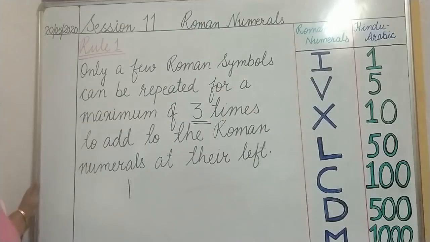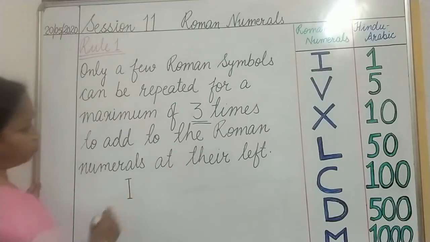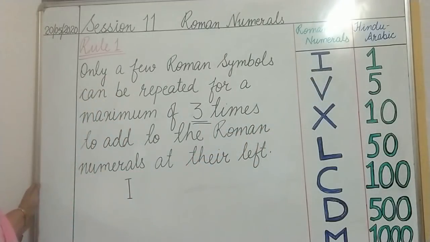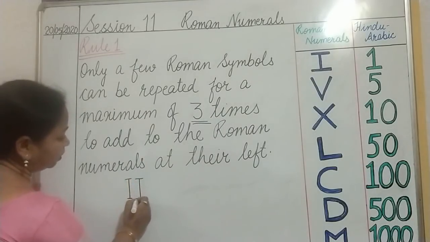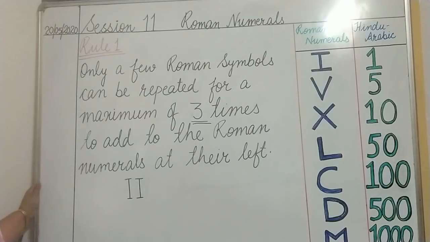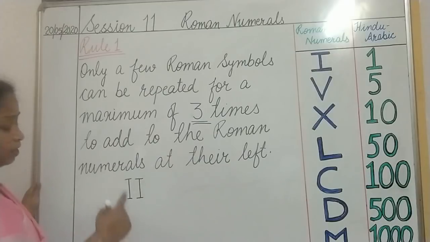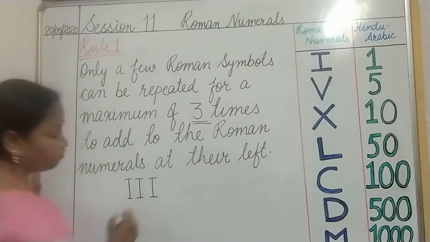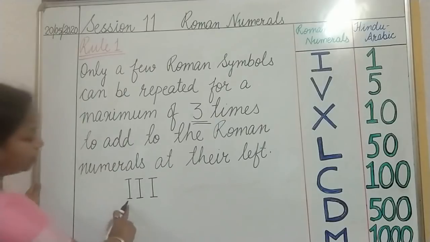This is I, as you can see. Now I have already told you that a single I stands for 1. What if I have to show 2? No problem, I will just write it once again. This stands for 2. Yes, you were in class 2nd and you used to write this, isn't it? And you have seen outside the classroom it is written so that you could recognize your class. Then after class 2nd you went to class 3rd, so you got familiar. So 3 times I have repeated.